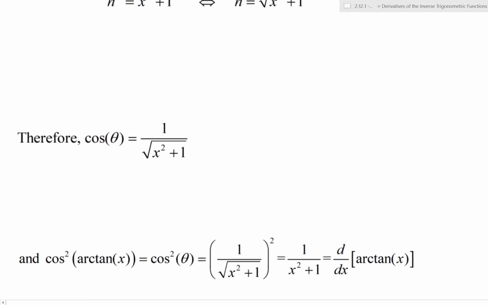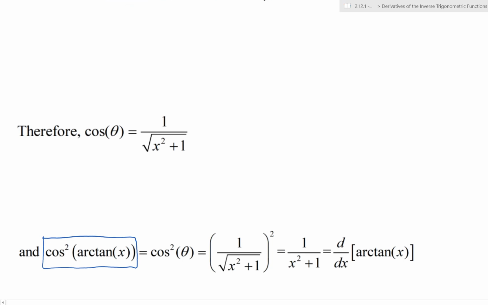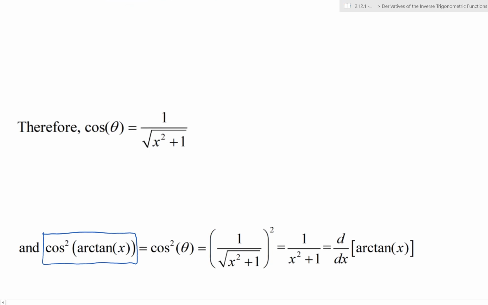Now remember, our whole point was to figure out the derivative of the arctangent function. We had found out that that derivative was equal to this boxed-in statement right there, cosine squared of the arctangent of x, and arctangent of x is just that angle such that it has formed the right triangle we saw previously. We just found out that cosine of the angle was 1 divided by the square root of x squared plus 1,